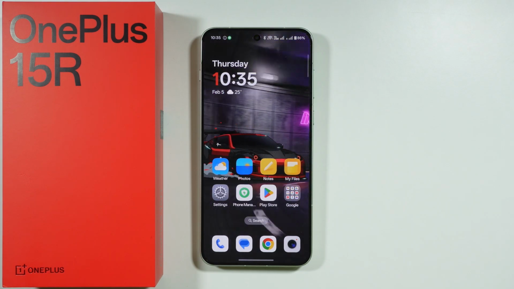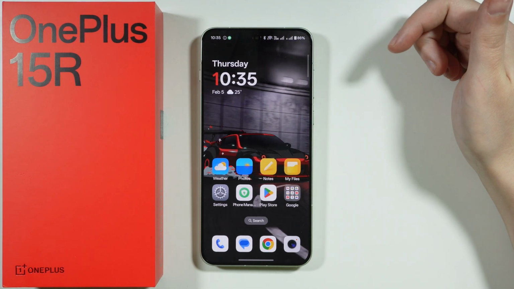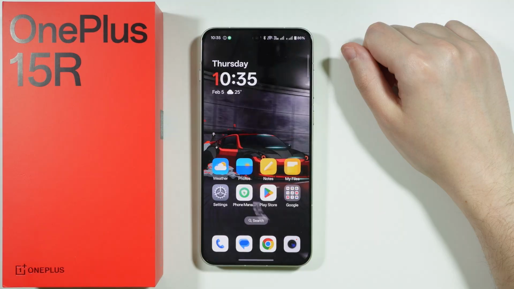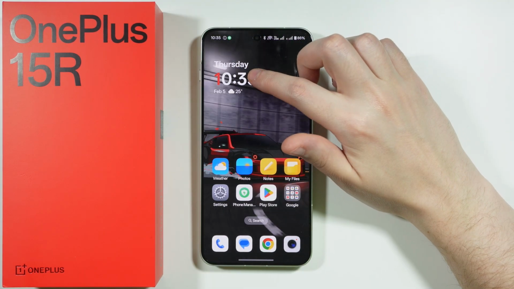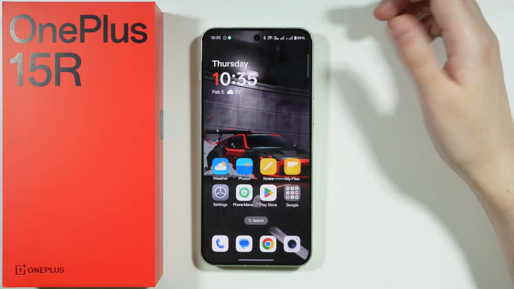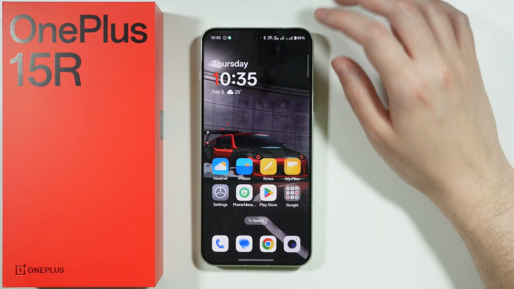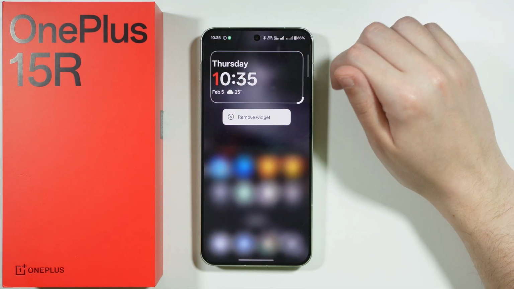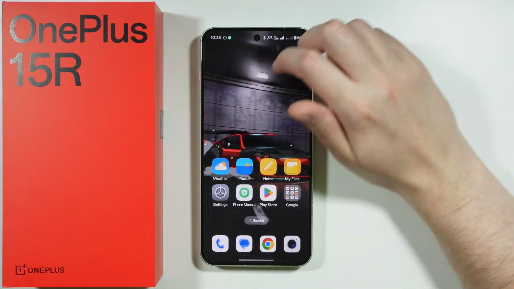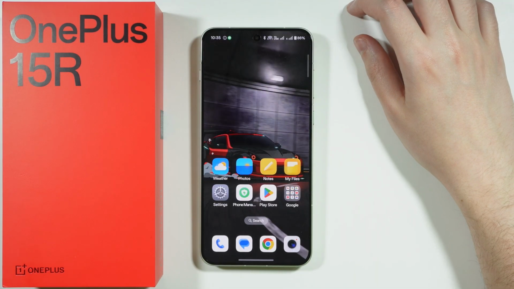If you want to remove thread 1 from the clock on OnePlus 15R, then here's what you can do. Unfortunately, if you have this widget over here with the clock, you cannot really do anything, but we can just simply use another widget. So we're gonna remove this one, and in order to get a new widget with a clock that does not have thread 1,